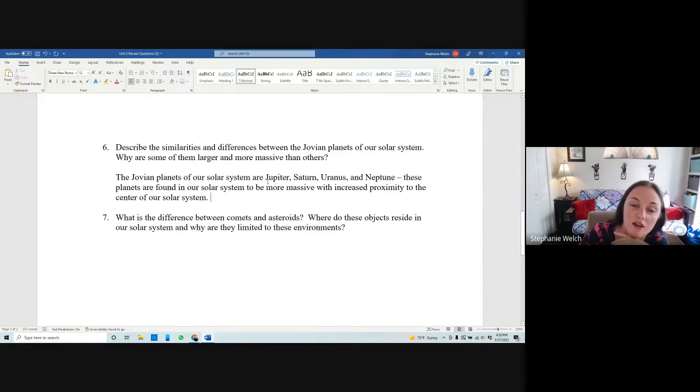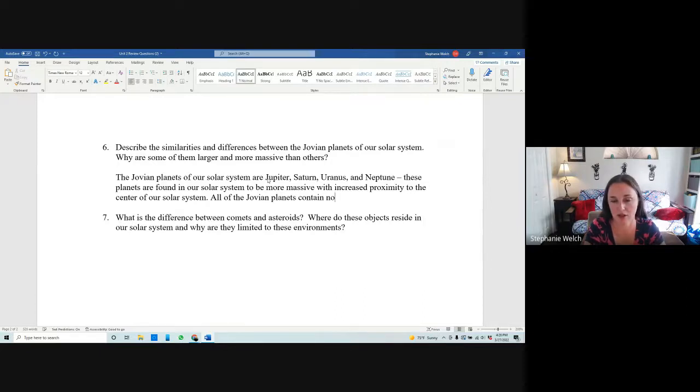There's a tremendous amount of gas to be found in the early stages of our solar system before the solar wind sort of cleared the air. And if you have a massive enough planet, then you can start to retain that gas. But the trick is all of the Jovian planets